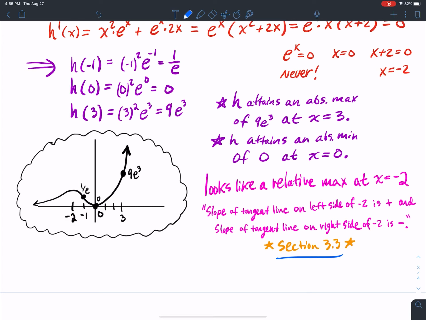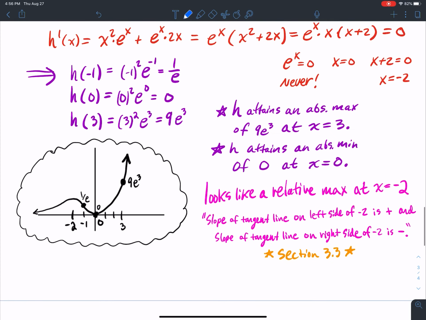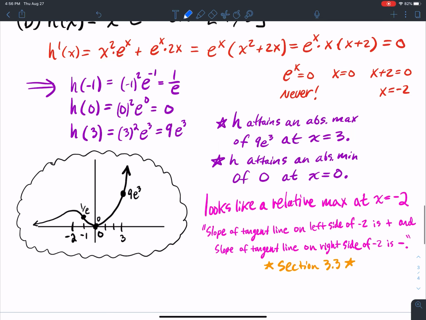And so in section 3.3, we're going to figure out a method, just like we had the closed interval method for finding extreme values, for calculating the relative maxes and mins of functions without having to use our calculator, which is pretty cool. All right, so I'm going to